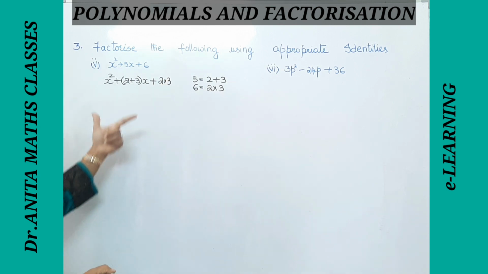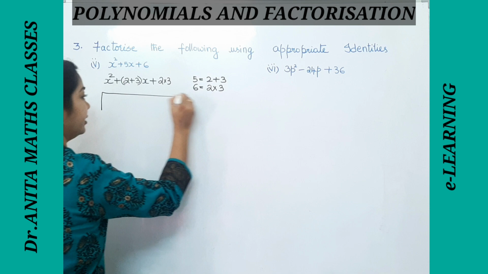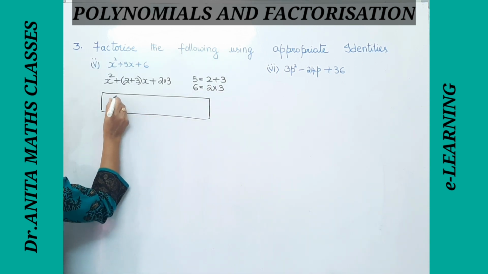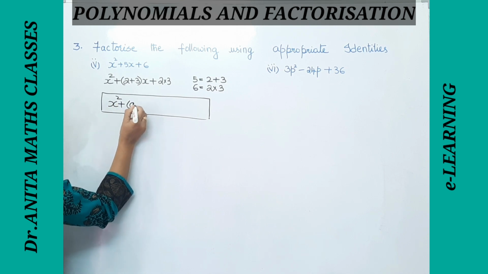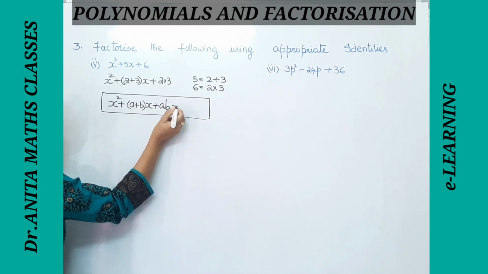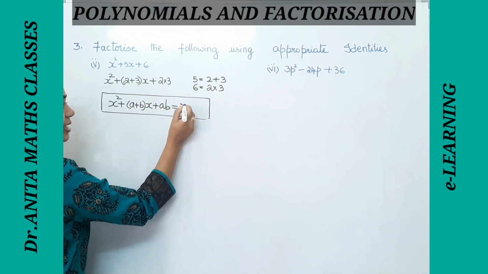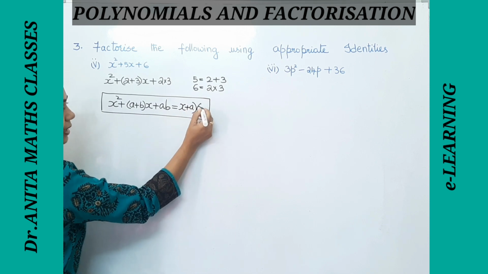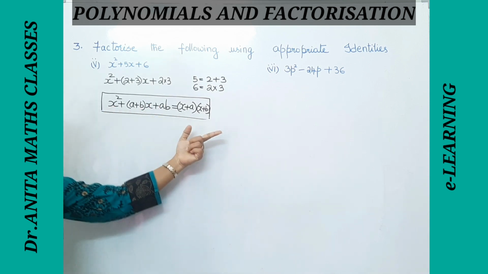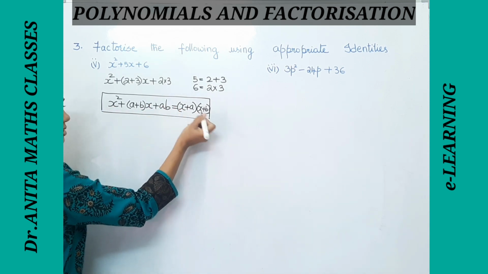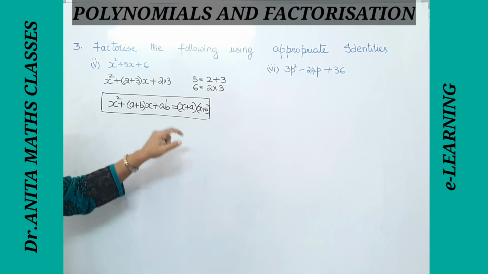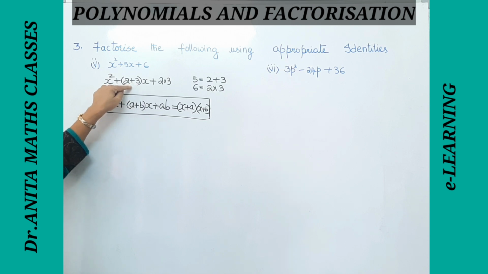Okay. So, while seeing this, you get the idea of the algebraic identity, that is nothing but x square plus (a plus b)x plus ab. If the identity is in this form, this gives us (x plus a) multiplied by (x plus b). Okay. So, vice versa, both sides are applicable. That means this is equal to this, this is equal to this. So, this I can write in the form of (x plus a) and (x plus b), where here I am considering a and b are 2 and 3.